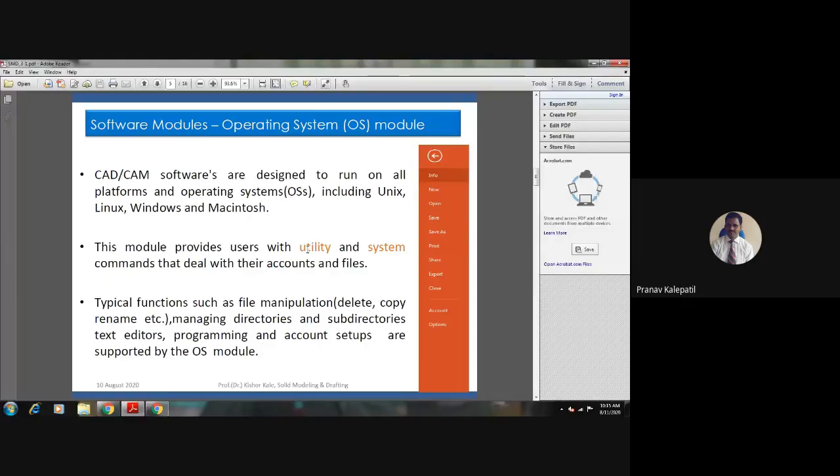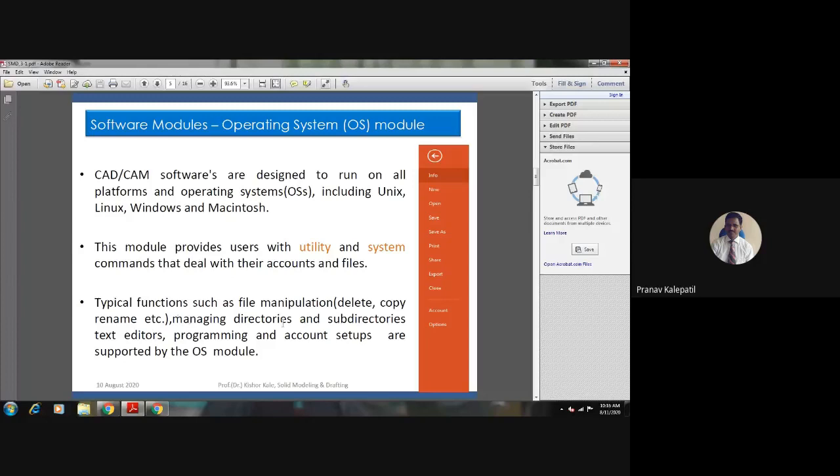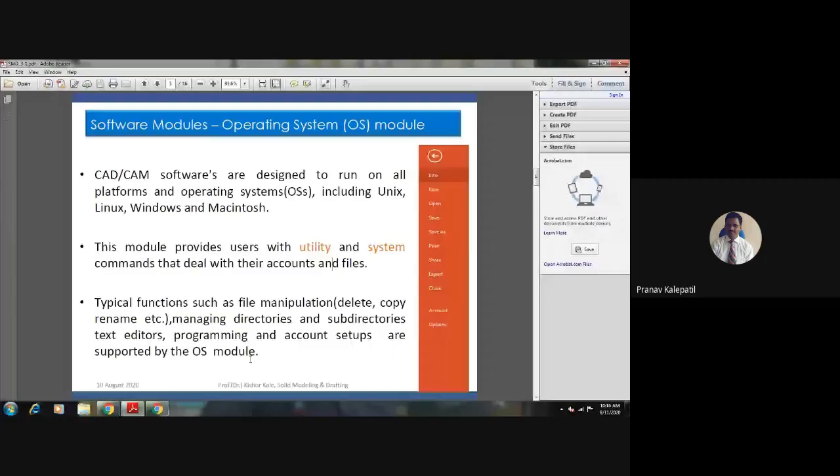Again you'll find the typical function of such file manipulation: delete, copy, rename, etc. Managing the directories and subdirectories, text editors, and programming account setups are supported by the OS. That means you may make a directory. If you are making a big model, an assembly, you can put subfolders.